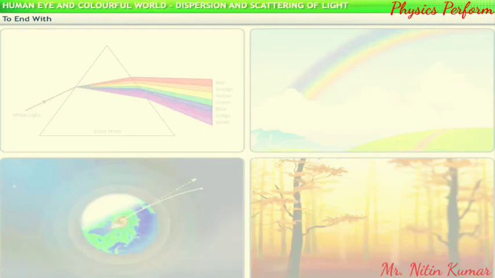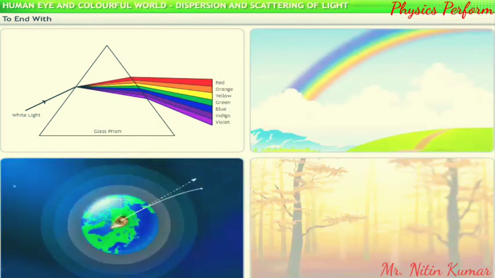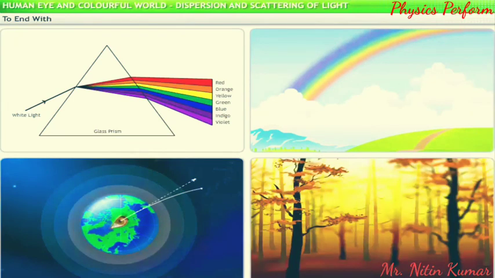This brings us to the end of this lesson on dispersion and the scattering of light. In this lesson, you have learned about refraction and dispersion of light through a triangular glass prism, formation of a rainbow, atmosphere